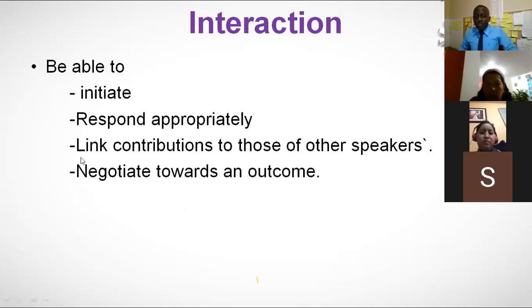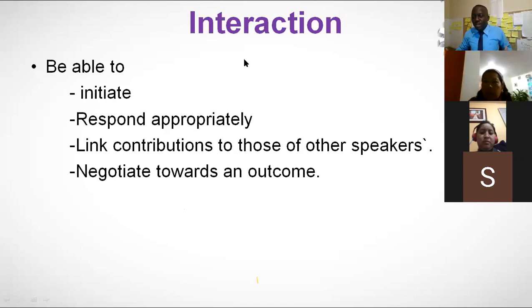In this case, we said people are going to be talking. If people are talking, make sure that you are taking down some notes. Those notes will help you build what you're going to speak about. For example, if someone talks about money, and you want to talk about another thing, such as transport or tourism, make sure you first link what you're going to say to what was said about tourism.